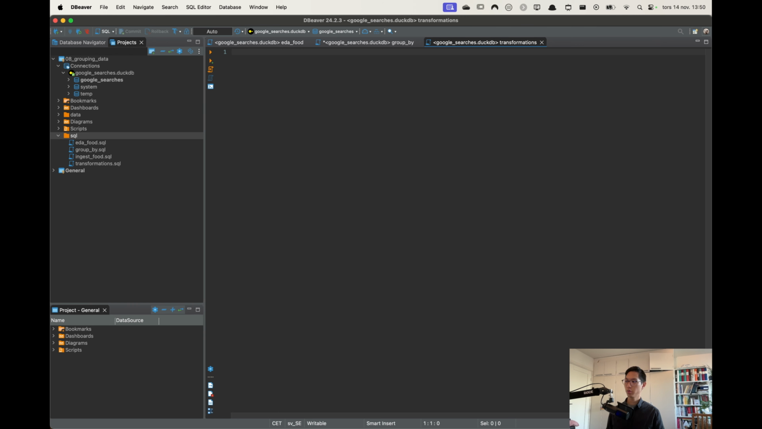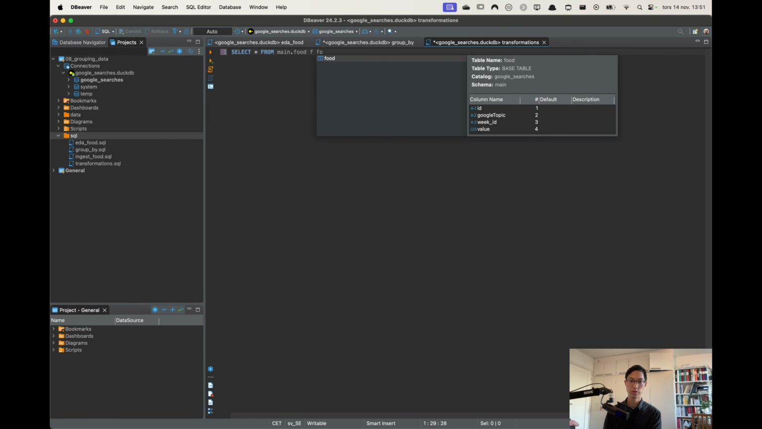So when you do data transformations, remember it's usually when you have a data pipeline you have ELT or ETL. So T is the transformation part, and in the transformation part you do things with the data set in order to make it cleaner, to transform it into a certain format that is suitable for analytics. So if we select star from main.food,